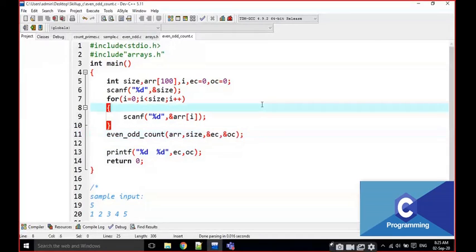Just note down the main function. This is the one method, that is we are passing the address. Just note it down, everyone.